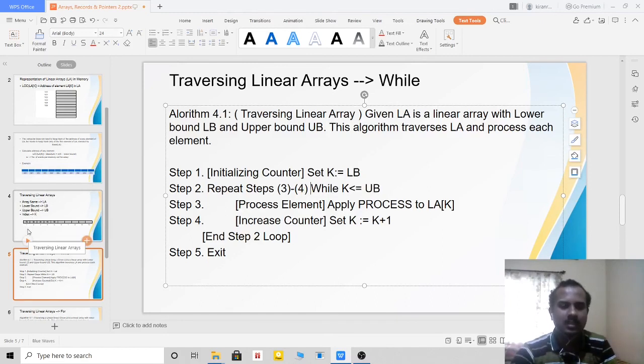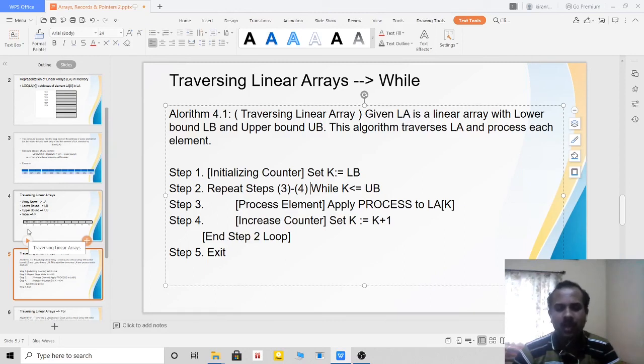Let me implement again the traversing of linear arrays using the for loop. When I apply the algorithm using the for loop, it becomes very easy. Why? Because in the for loop we have initialization, condition and incrementation or decrementation.